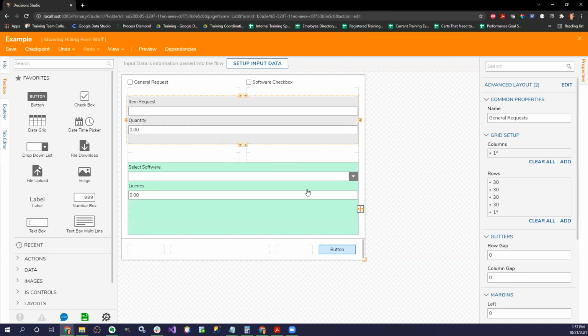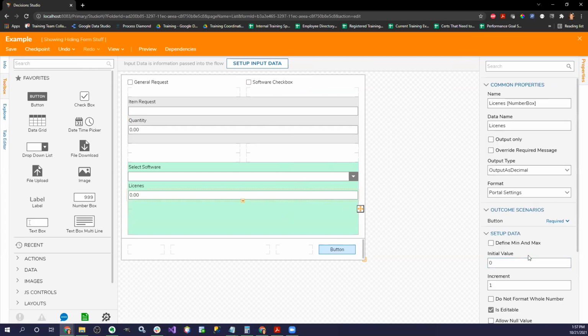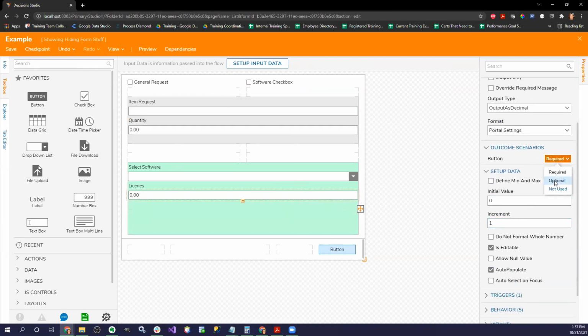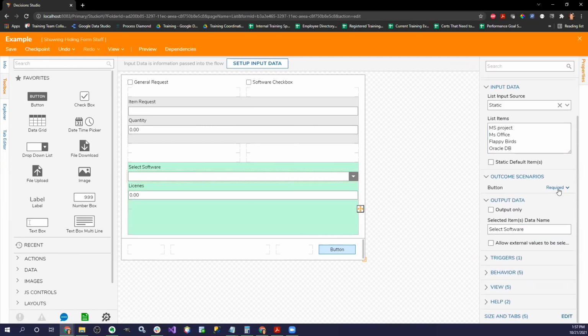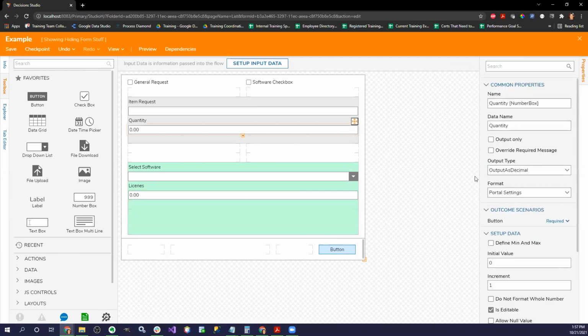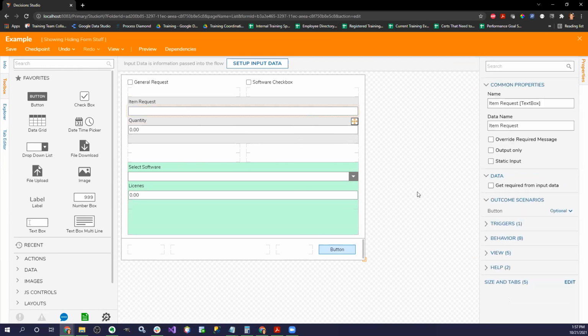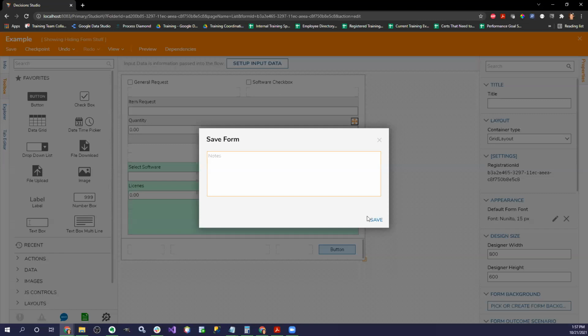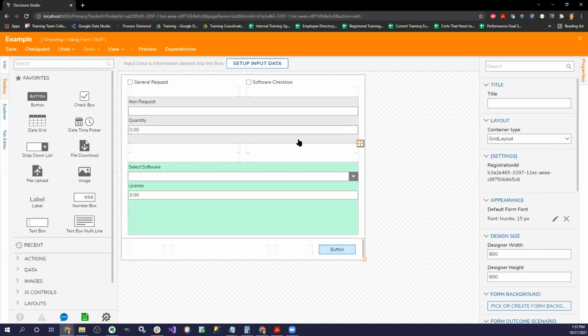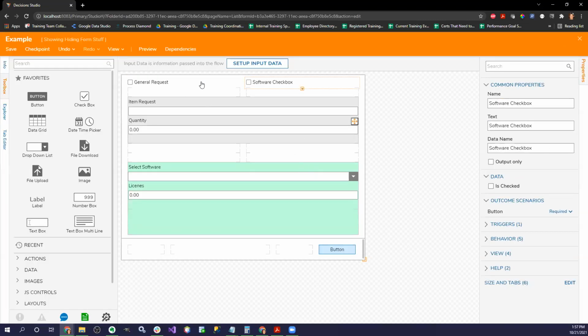Now let me make sure that I have this all set to optional. I want them to be optional for the sake of this example. Optional and optional. All right, I'm going to save this. All right, so now we have my forms. Now if this software checkbox is checked, it's going to reveal item request and quantity. If this software button is checked,